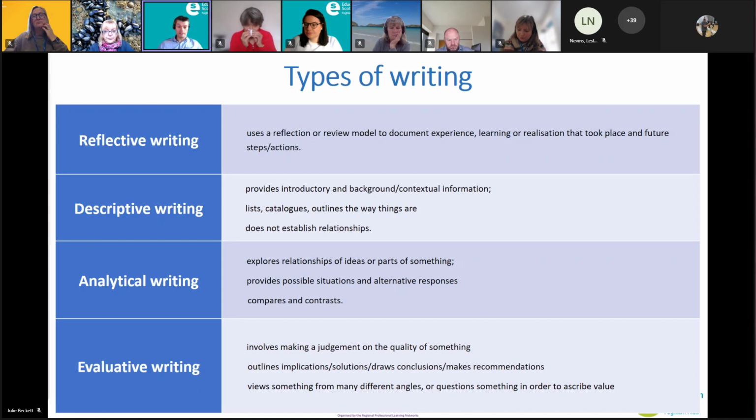And finally, evaluative, and unfortunately this is the tricky one, and it's a tricky one a lot of the time. However, it's the one that can be the most useful as well. The key difference in evaluative writing is that it's involved in making a judgment, and it moves away from being objective. When you write an evaluative statement, you're specifically saying how good or how poor something was or is. You give value in a way that can be clearly understood by whoever's reading it, ensuring that they can see what difference is being made in a very specific way. This can involve drawing conclusions, making recommendations, and highlighting implications and viewpoints around pieces of work. It can also help people see the impact of something from different angles.